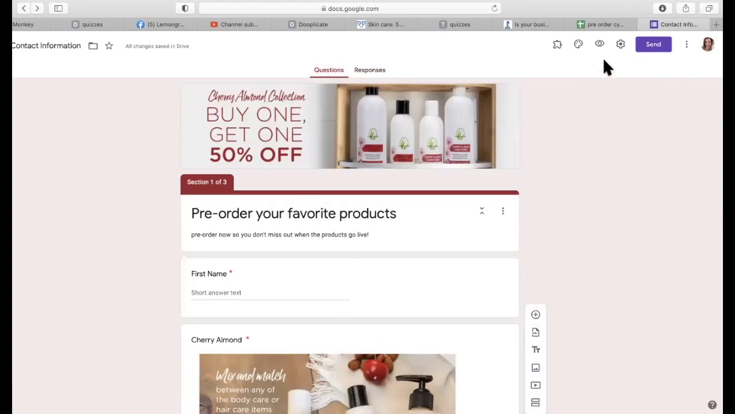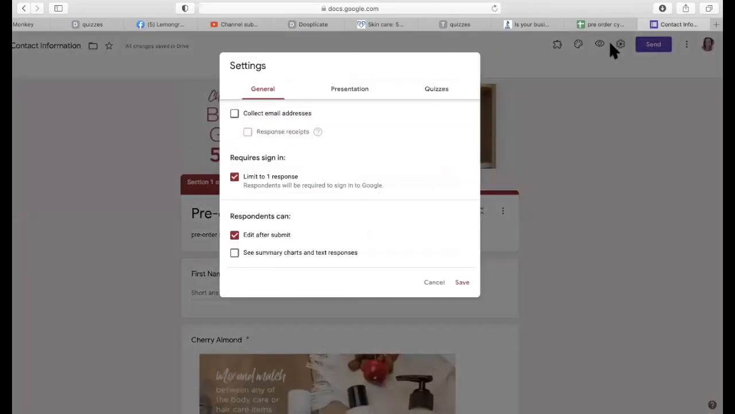Another thing you'll want to do is go ahead and click on the settings. I do limit 1 response. I do put edit after submit, and the reasoning is because I don't want people to have to log in to complete a form. I'd rather it be easy, and we're always looking for our customers or whomever we're trying to reach. We want it to be easy for them. So presentation,